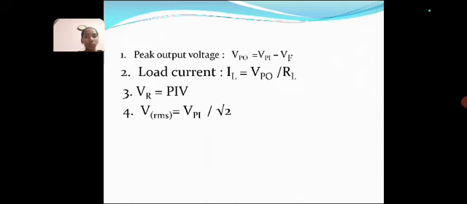Looking into the last one, that is a few of the formulas. The first one is peak output voltage: VPO is equal to VPI minus VF. To calculate load current, the formula is IL is equal to VPO divided by RL. And the third one is VR is equal to PIV. The fourth one is VRMS is equal to VPI divided by root 2. These are a few formulas to solve the